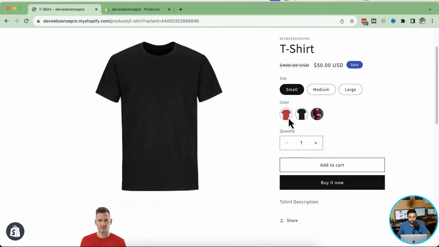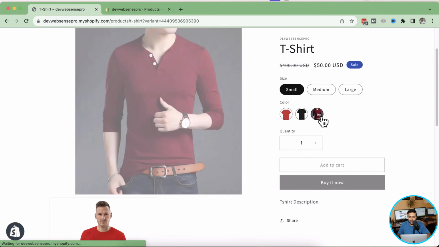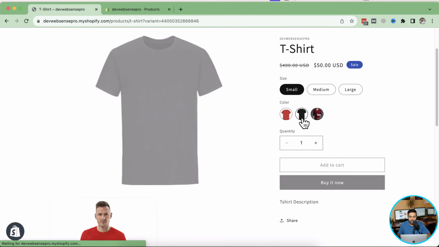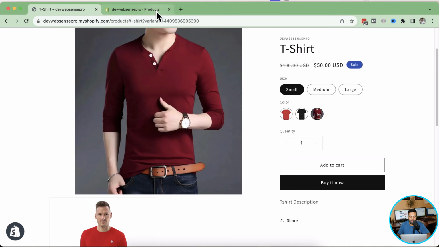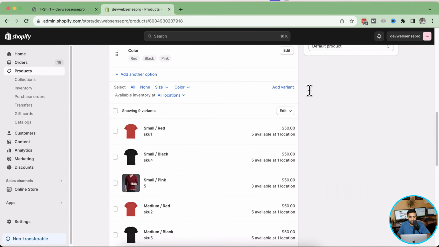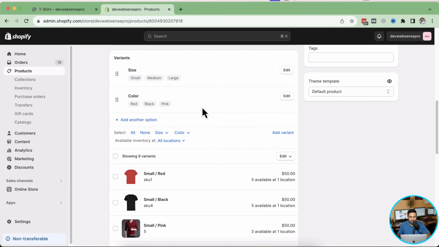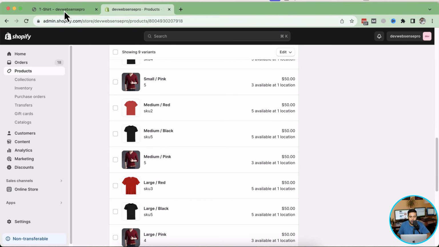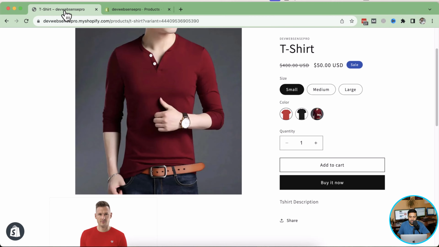And in this video, I'll show you guys how you can display your variant images as color swatches. After implementing this tutorial, you'll have your product page look like this. Basically these are colors which are showing up as variant images. That's the red color, that's the black color, and that's the pink color which I have in the product backend. And as you can see, I have red, black, and pink color in my color swatches. And these are the variant images which I have selected, which are showing up as variant images in my color